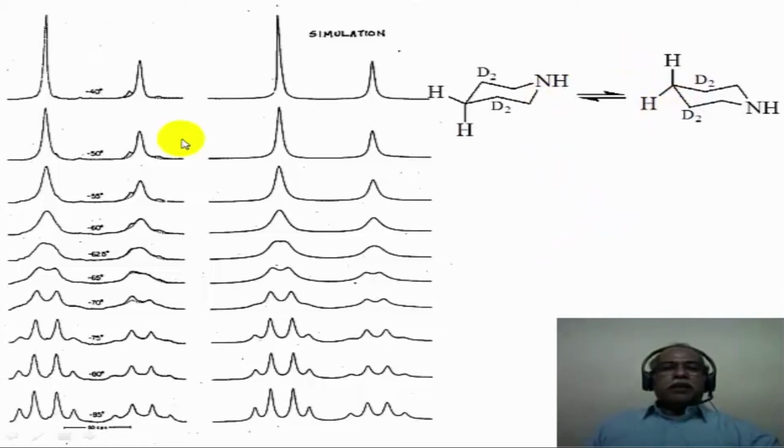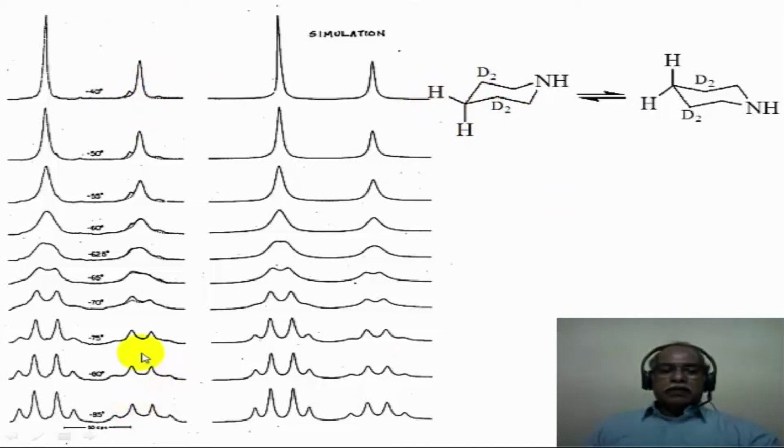Now what happens if you heat the sample up to about minus 40 degrees, where the rapid interconversion starts to take place? The two AB quartets essentially collapse, because you can no longer distinguish the axial and the equatorial positions when the molecule is rapidly undergoing interconversion from one chair form to the other chair form. So this AB quartet collapses to a singlet. This AB quartet also collapses to a singlet. This corresponds to the 4 hydrogens in the 2 and 6 positions. This corresponds to the 2 hydrogens in the 4 position, which are these two hydrogens in this molecule.